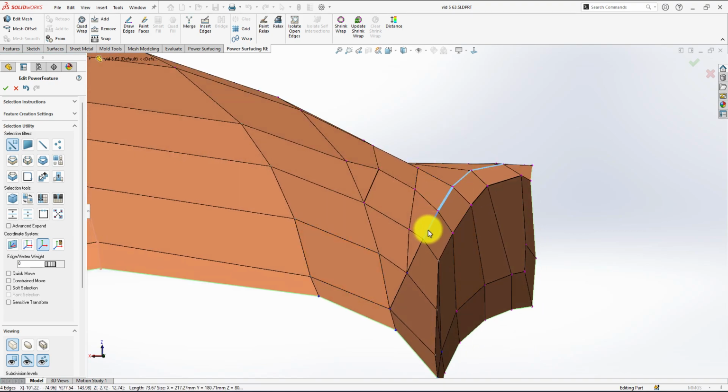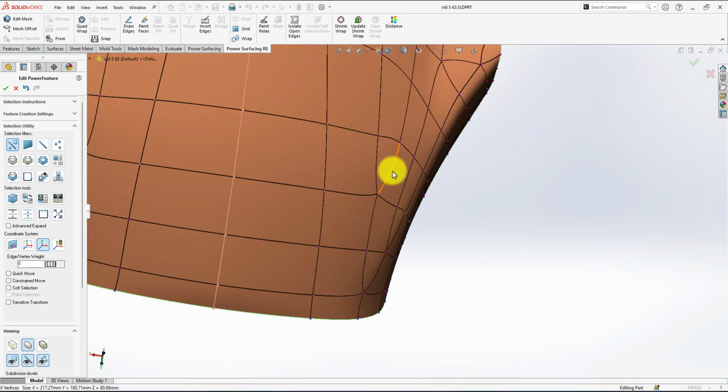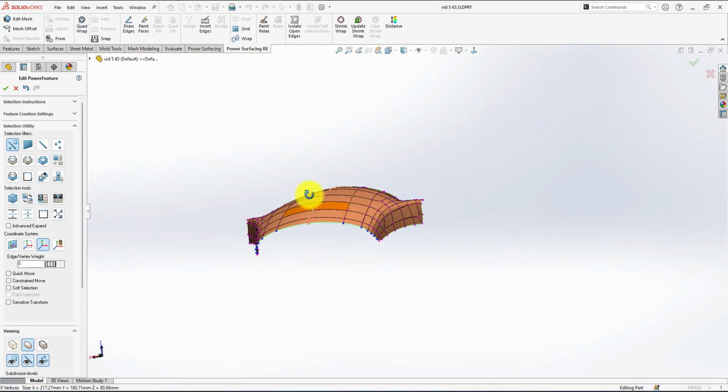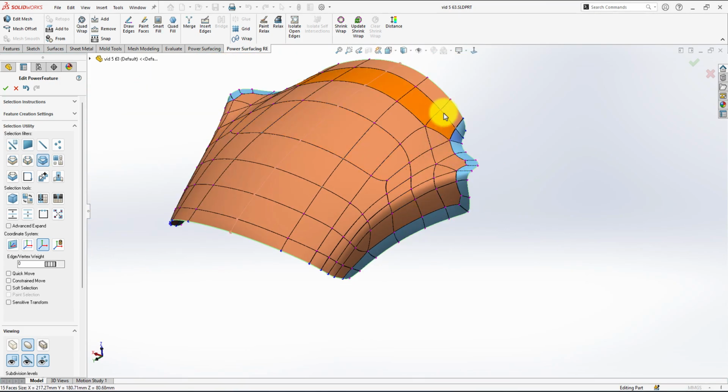Okay, if we just get this a little bit here. Alright, now from here, maybe if I just select this edge and this one,